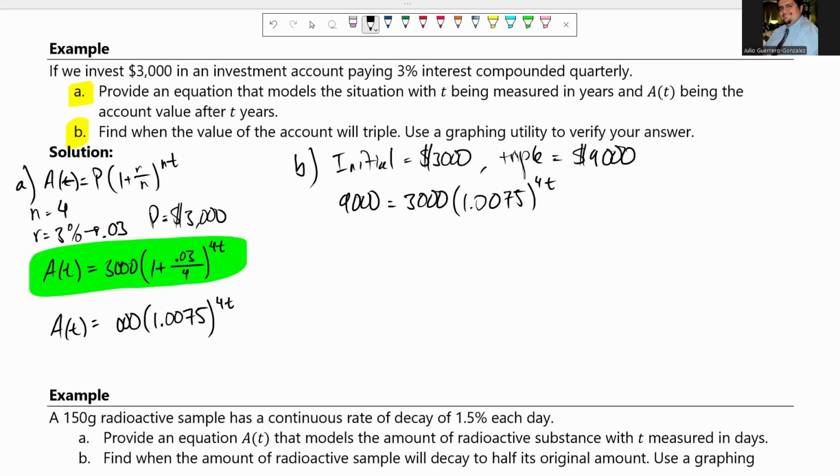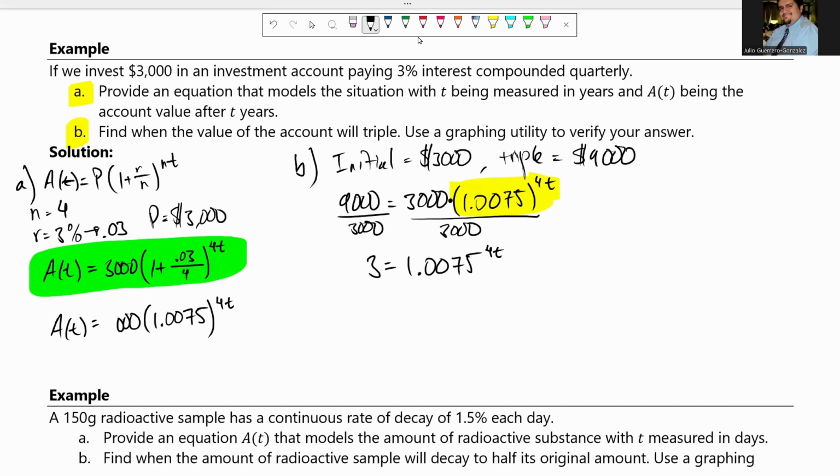Okay, here we go. I need this thing right here all by itself, right? So there's a multiplication between the 3,000 and everything else, so divided by 3,000. 3,000 divided by 3,000. Okay. 3 is equal to 1.0075 to the 4t. You guys see how we have now the exponential version of what we need to